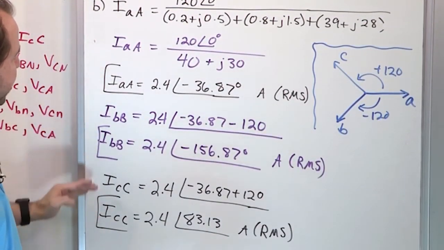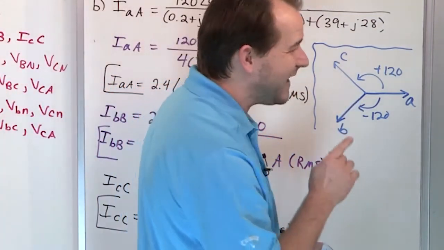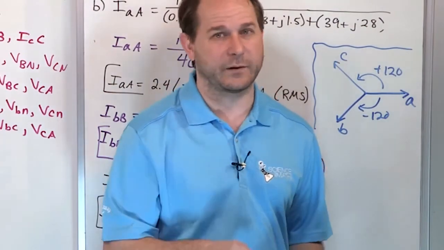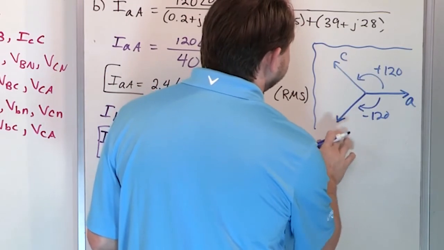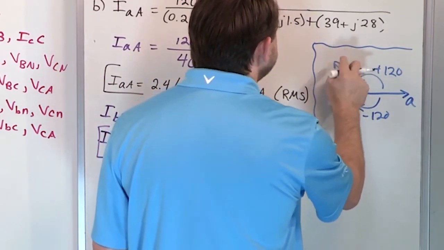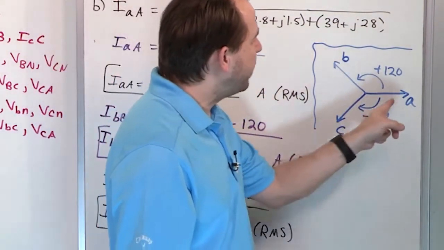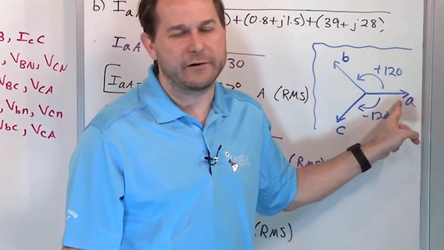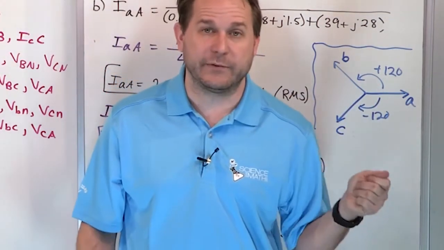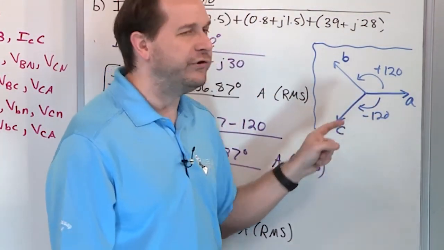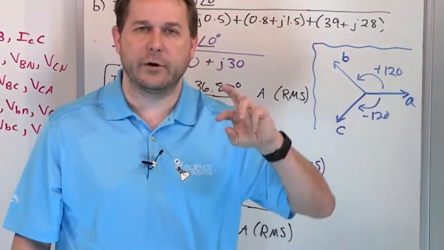However, to get the B and the C phases, it's different now, because this is exactly why I always tell you to sketch this. One of these days you're going to forget, you're not going to sketch this, and you're going to get something wrong and not be happy. The way you do it is, it's not ABC sequence, it's an ACB sequence. That's what changes. Really, that's the only thing that changes in this problem. It means that once you have an A value for whatever you're calculating, current or voltage, you subtract 120 not to get a B value like we did before, but that gets you a C value when you subtract 120 degrees. And then going the other way, in order to get to the B values, you add 120. So it's literally the